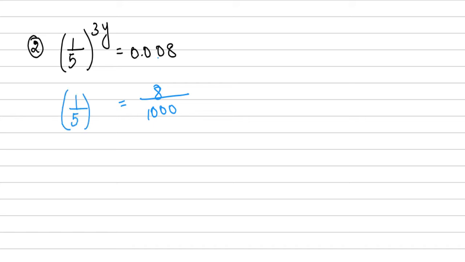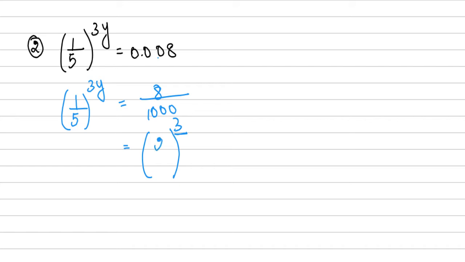On the LHS we have some number to the power 3y, right? Which means we have to write the RHS to the power of some multiple of 3. It may be 3, or it may be 6, or it may be 9, something which is a multiple of 3. So first let's try with the least multiple, that is 3. We'll try to express the numbers inside as something to the power 3. Can you express 8 as something to the power 3?